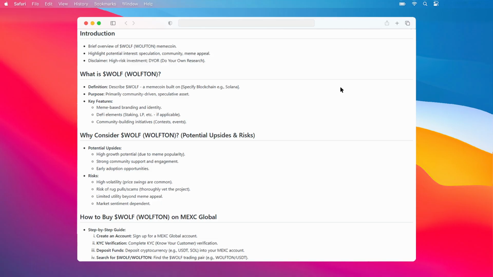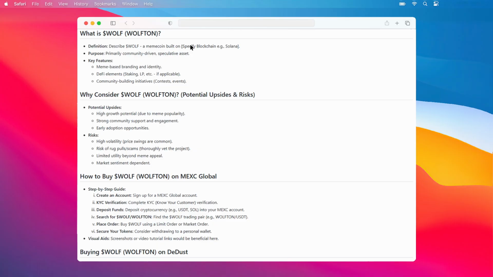Let's delve into what exactly the $WLF, or Wolfton, cryptocurrency is. Essentially, it's a MemeCoin constructed on a specific blockchain, for example, Solana. Its main purpose is to serve as a community-driven, speculative asset. Key features include its meme-based branding and identity, which is at the heart of its appeal. You might also find decentralized finance elements, such as staking or liquidity pool opportunities, depending on the specific implementation. And, of course, initiatives focused on community building, like contests and events, are often used to engage and grow the